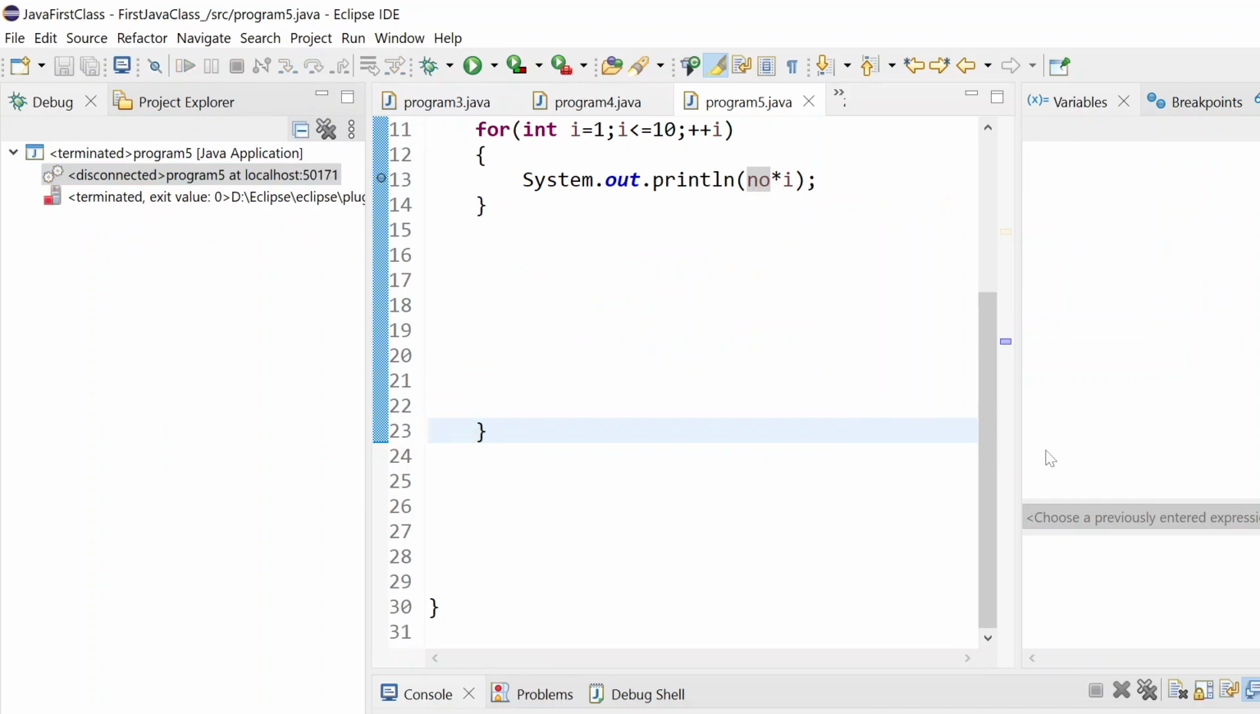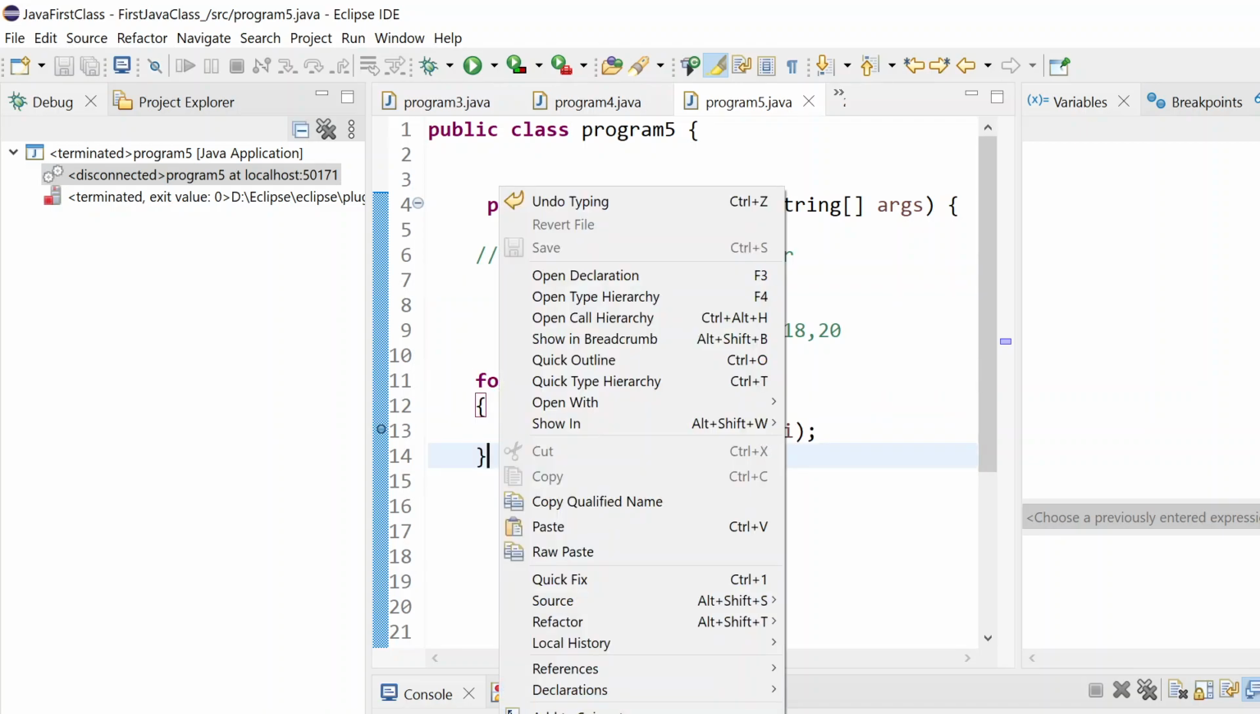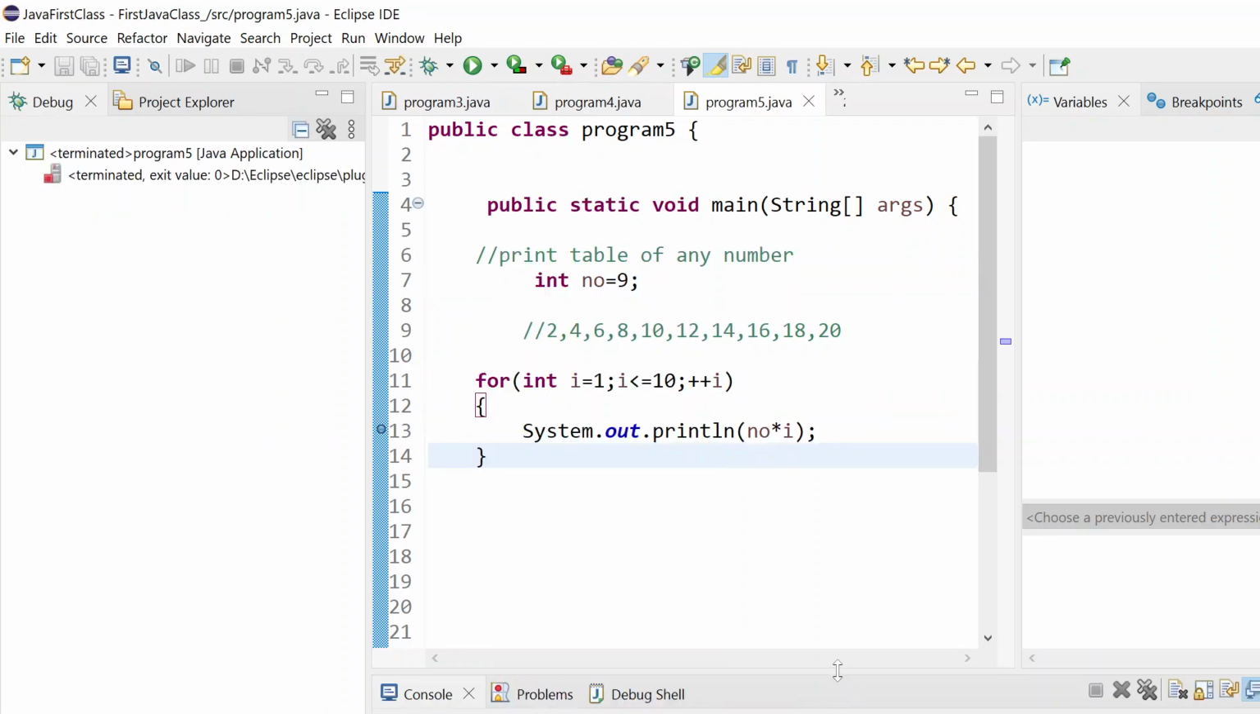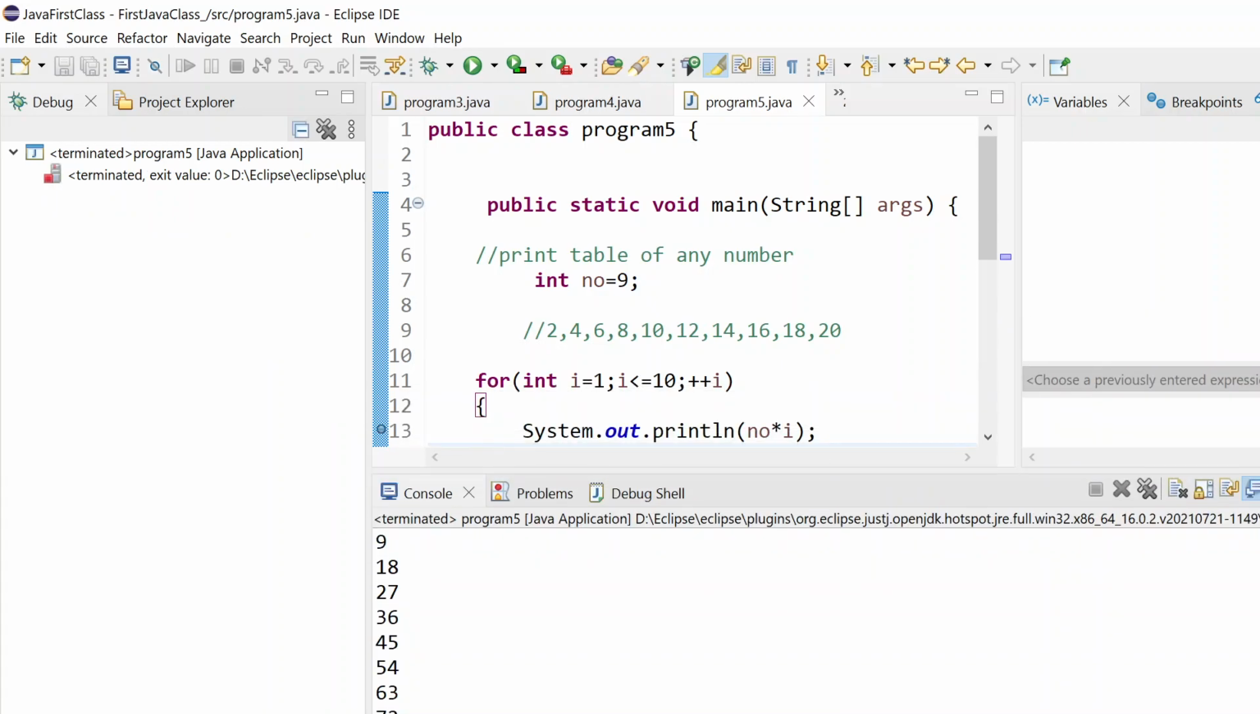So this is how you can print the table of any number. If I say 9, just put 9 here. It will work the same way. If I run it, this time you will see the table of 9, right? Similarly, if you want to print after 90, you can say 20 as well. So it will run that number of times and you will see